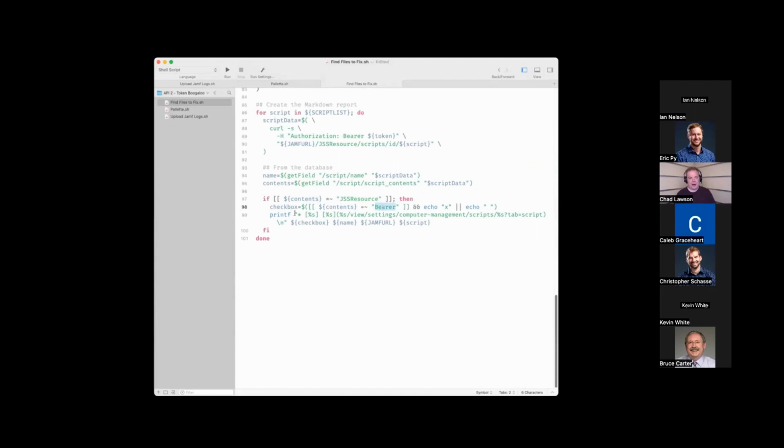And what I'm currently generating is a bit of markdown. It starts with a bullet point and a square bracket that is either a space or an X, which determines it's a to-do item. And from there, I'm generating a link. This part is the human readable portion, and this is the URL. So this is just generating a markdown list of scripts, whether they are done or not. And the reason for that is as I've been going through this, I've created a GitHub repo